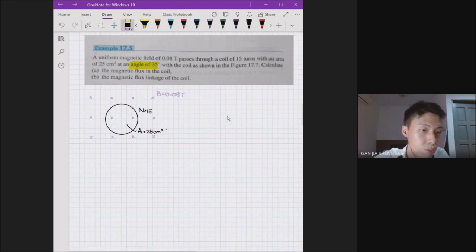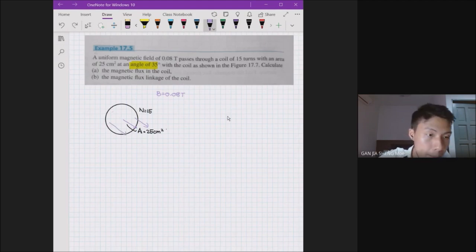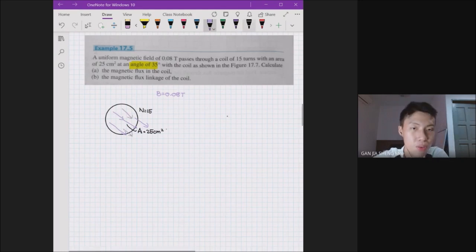That means my uniform magnetic field cannot be drawn like that. This is perpendicular right now. I might need to draw it at an angle, so something like this. Probably that's not the best way to view it. Let's try to draw it from another perspective. Let's say if you view it from this angle, then what we will see will be